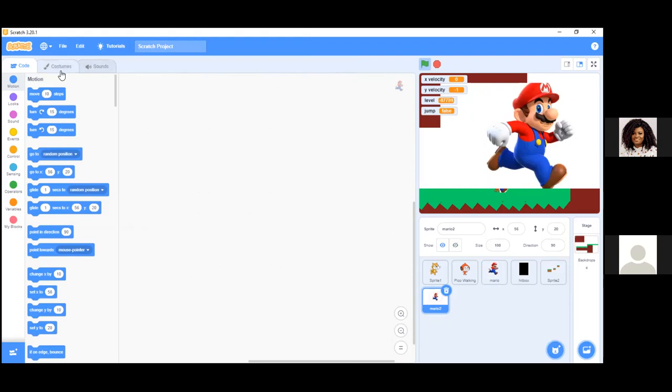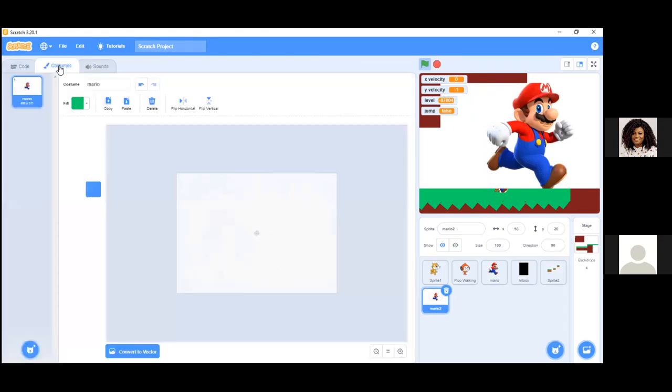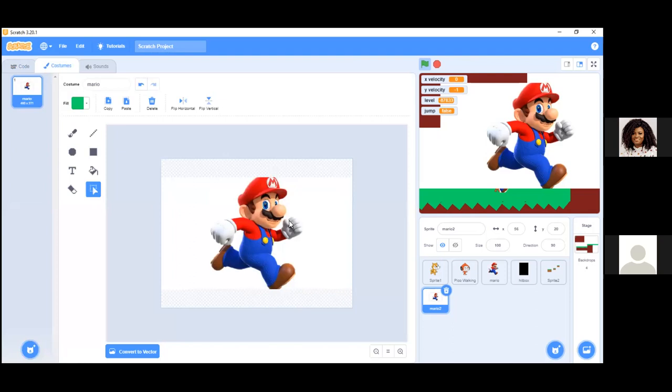So I'll go to costume. You can see my sprite, right? Can you see it? Hello, can you see it? Yes, sir. Okay. So now once I do that, I'll just come here and click on the eraser tool to remove,